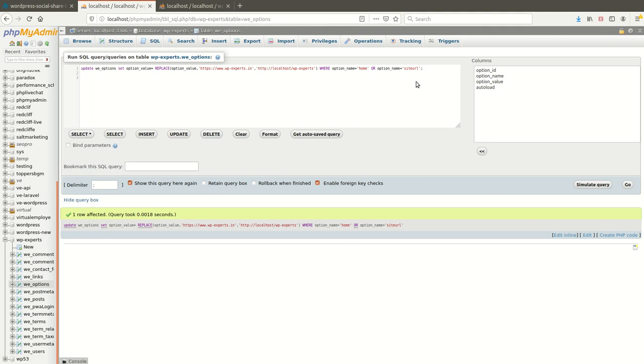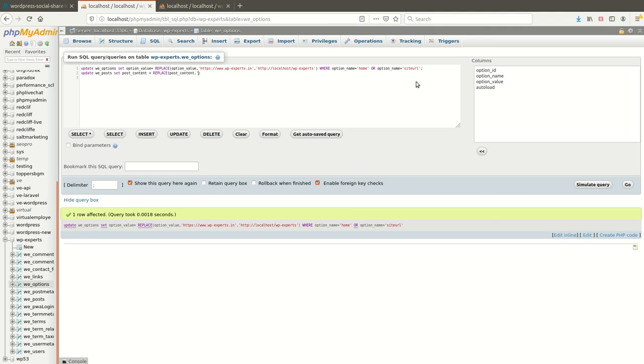So let's create the same query. UPDATE wp_posts SET post_content equal to the same, REPLACE post_content.